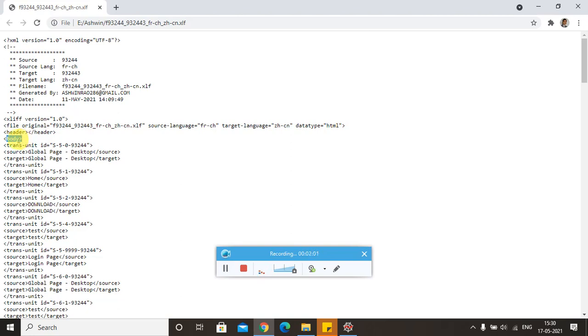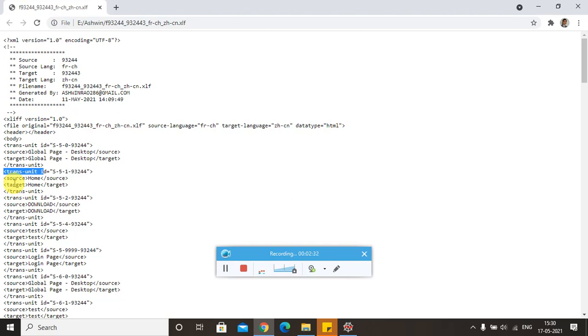The translatable data within the trans unit element is organized into source and target tags, which are embedded within the unique ID of the trans unit here. Like that we have n number of pairs of source and target tags embedded within the trans unit tag.